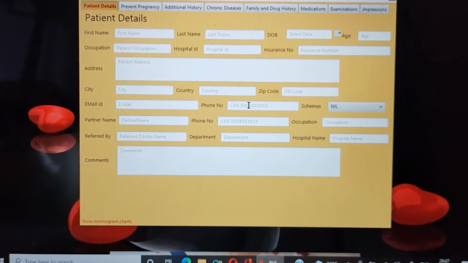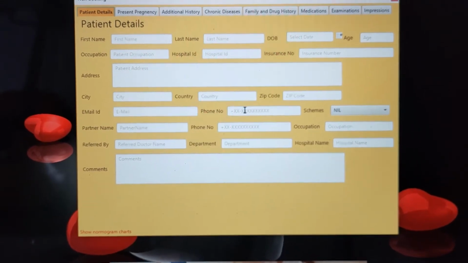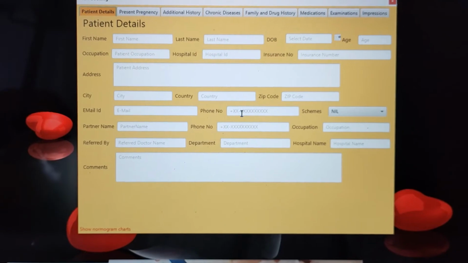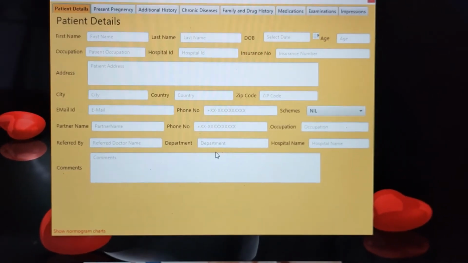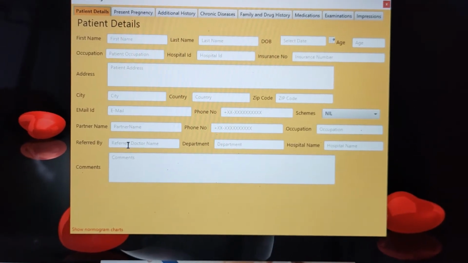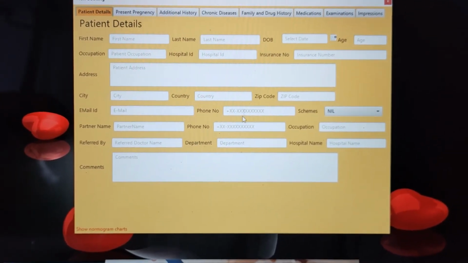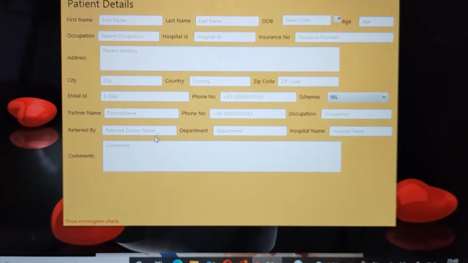Without the phone number, this won't generate the report, because the phone number is important for you to follow up the cases. If there are any difficult cases, you need their number. So you won't forget to add the number. That's why the computer will ask for the phone number. Otherwise, it won't print out.